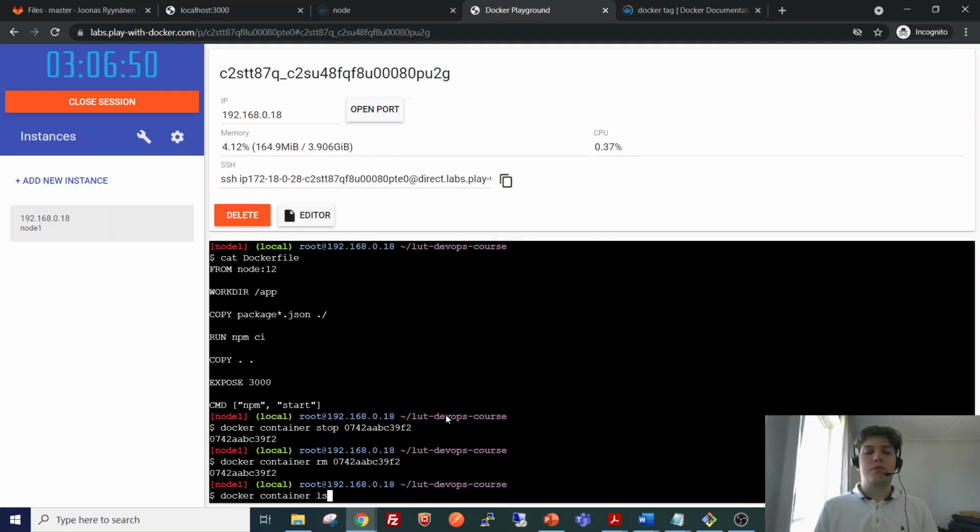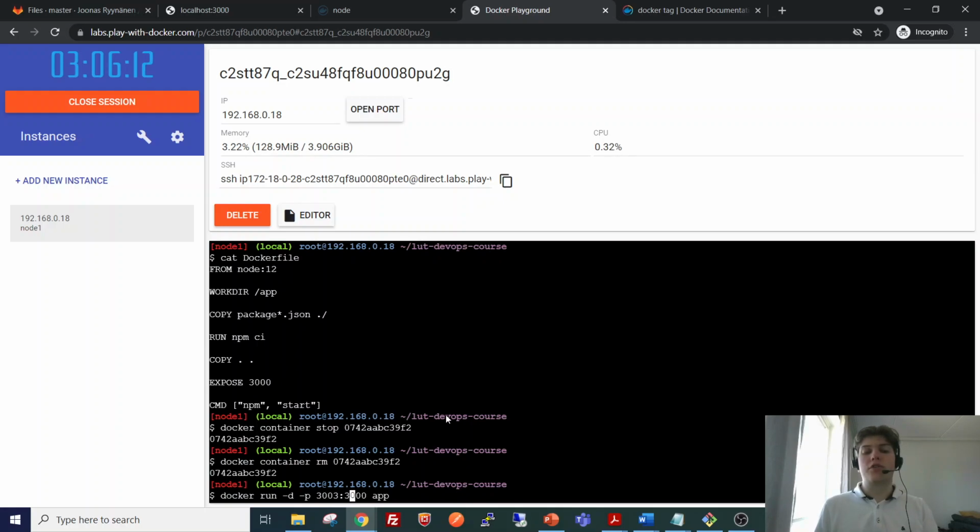So previously we ran the container using only this detached option, which is useful since without it the container would be here on the foreground on the shell, so we wouldn't be able to run other commands on the shell. But now we need to map the port 3000 of the container to a port of our local machine. Or actually, it doesn't need to be 3000 here on the local machine. We can use, for example, 3003.